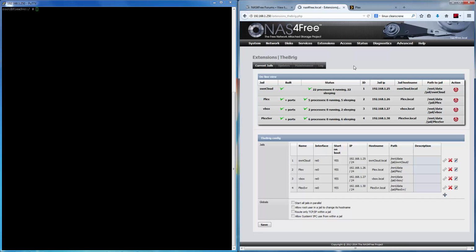Okay, so now that we've got the Plex server up and running, a couple of things from here on in. It gets a little bit more technical, but quite manageable. So I think the first thing we're going to do is go back into Nas4Free and set up the Samba shares, so we can copy our media over to the server